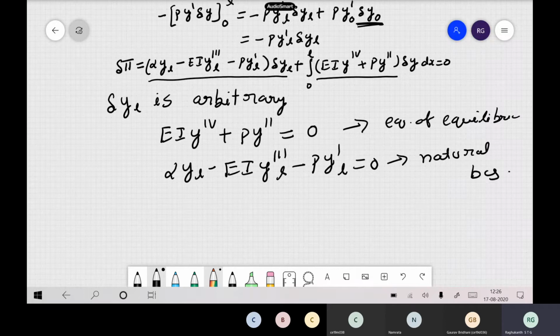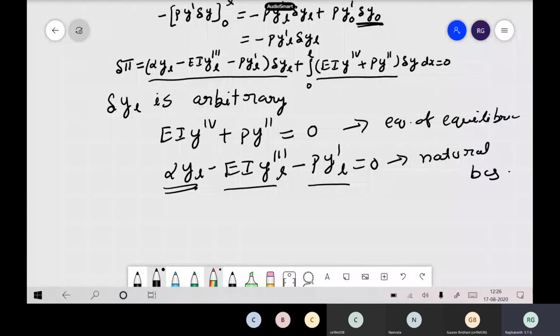Okay, all of you know, right? Because there is a spring there, so shear force, EI y triple dash minus P into dy by dx, you remember, that we write is equal to alpha times y. So this is your spring stiffness kind of a thing. So now in our calculus of variations, you get this natural boundary condition automatically. So that is the main advantage of the calculus of variations. So many problems are there where if you want to derive the equation of equilibrium by force method, it may be difficult actually, but when you try to do it by calculus of variations, you will be able to do it in a very simple fashion.